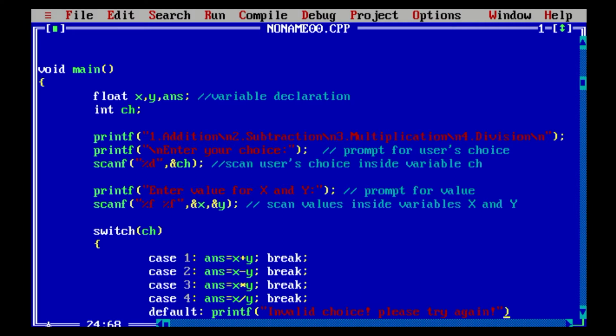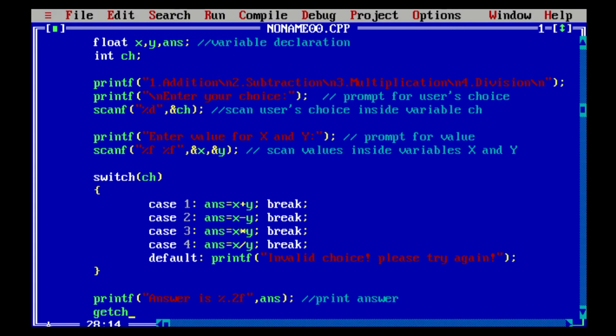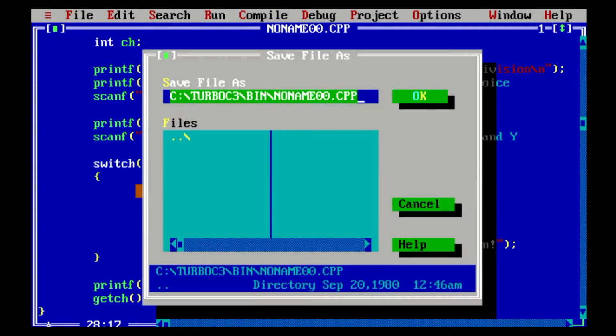Finally, let's display answer for the arithmetic operation stored inside variable answer using printf statement. Now save and run the program.